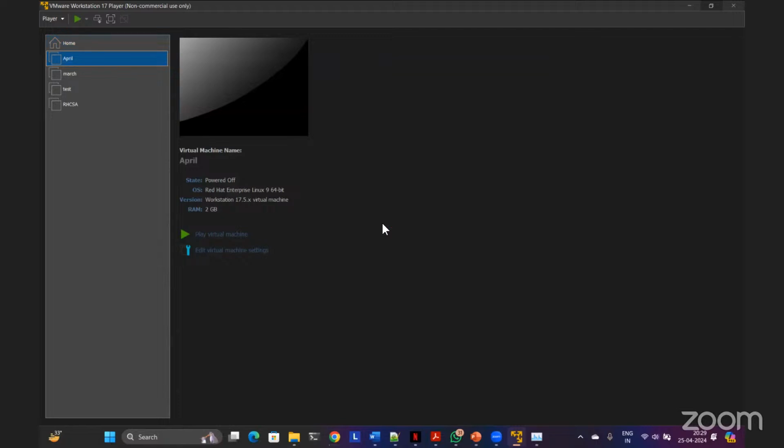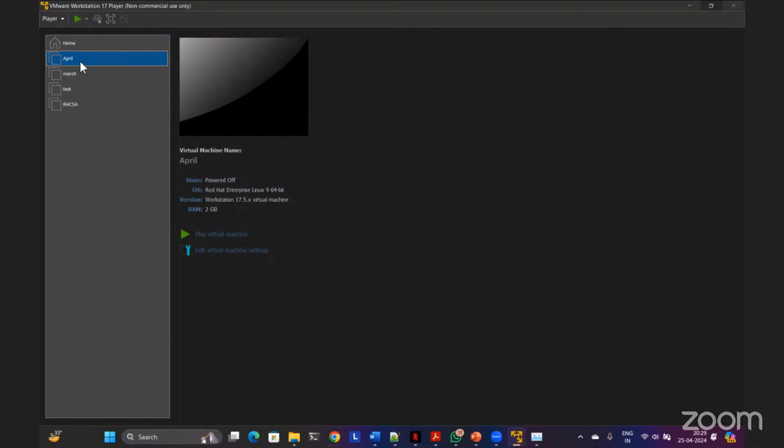That's it. A blank virtual machine without any operating system, but virtual hardware will be prepared. And you can see by the name April. Okay, so now you have to start this virtual machine, power on this virtual machine, and install the operating system. How to install? Now we can install OS by attaching the DVD ISO on the DVD drive, the virtual DVD